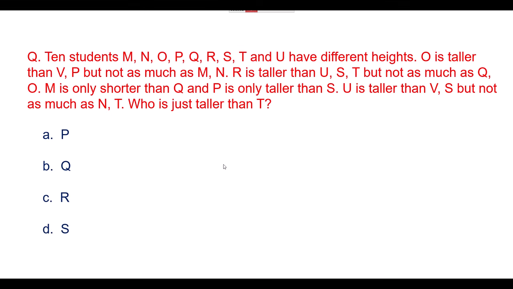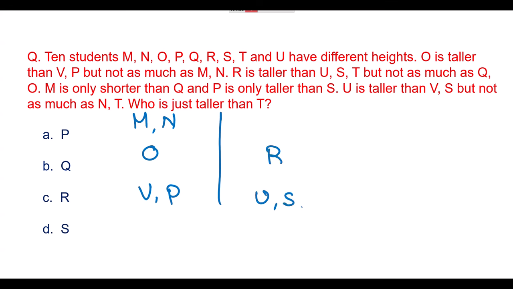If you look into the question, they have given O is taller than V, P, but not as much as M, N. That means O is less than M, N. The internal order of M and N we still have to check. O is taller than V, P, but not as much as M, N, means it's less than M and N. Next, R is taller than